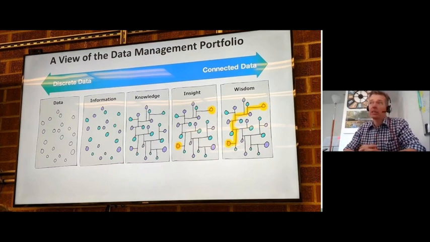Then, as a next step, you can start analyzing how 2 points within the graph are connected, or if they're connected. And that gives you insights you would otherwise not get, not from any other type of database or any other type of system.